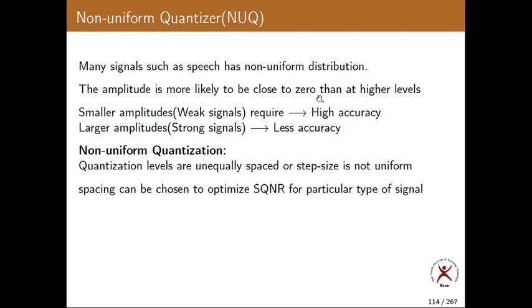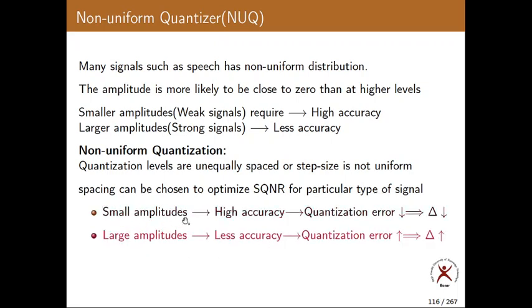To protect the weak signals from noise, we need to go for non-uniform quantization. So how to protect weak signals or small amplitudes? By decreasing the delta. For small amplitudes, small delta; for larger amplitudes, larger delta. This is the theory behind non-uniform quantization. By doing so, we are improving the SQNR of the weak signal, because we wish to protect the weak signals, as they occur very frequently compared to the strong signals.